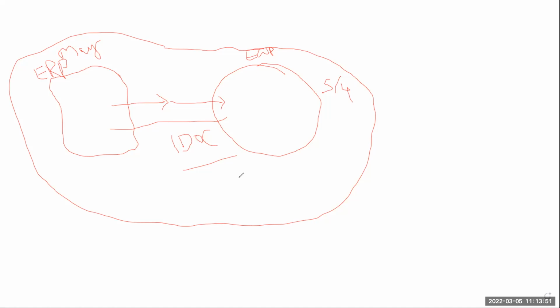It's not about synchronous or asynchronous, but I was thinking that this server may be located in a different country or a different area, and they wanted to connect to each other as a normal system.